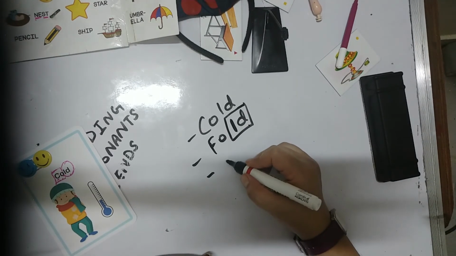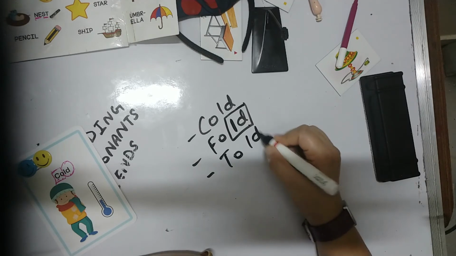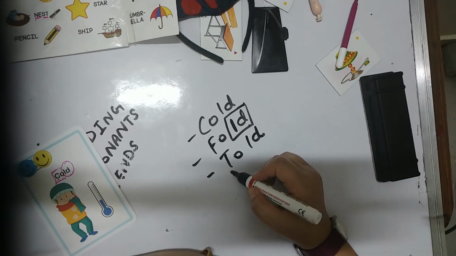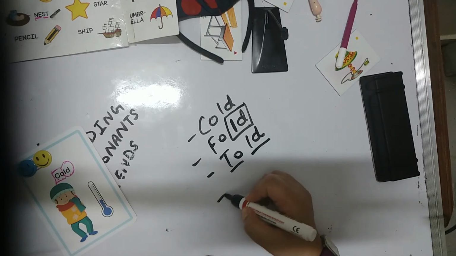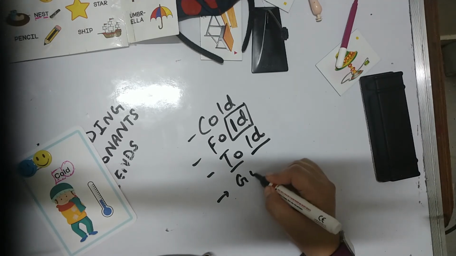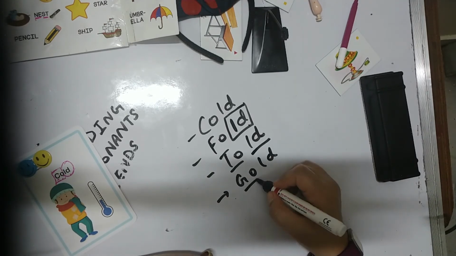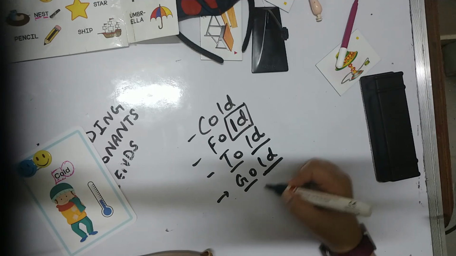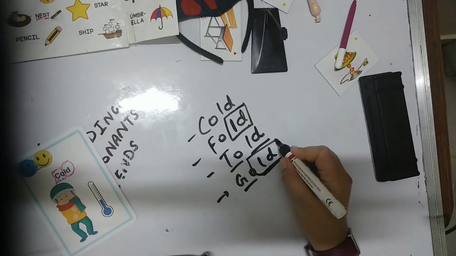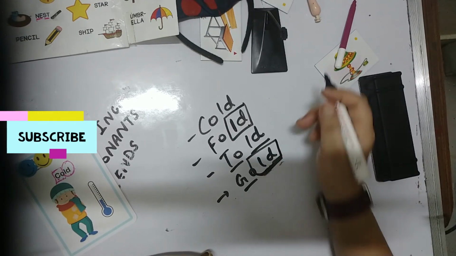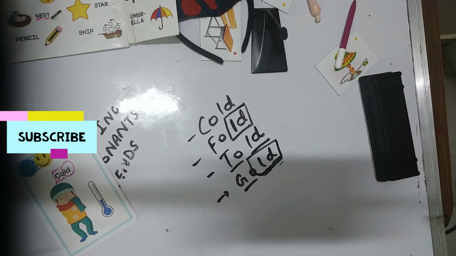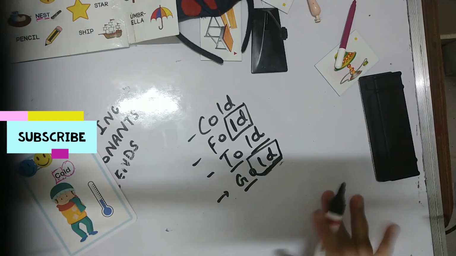fold. Similarly, I told you earlier, told. Similarly, we sometimes wear gold. So the child needs to say these ending two sounds together, ld. So it is gold. Similarly, any word you can teach the child.